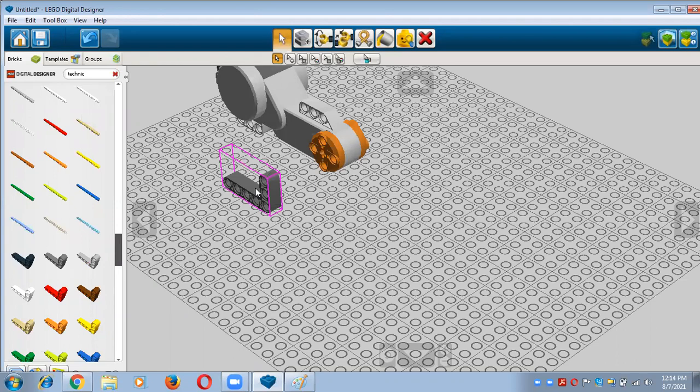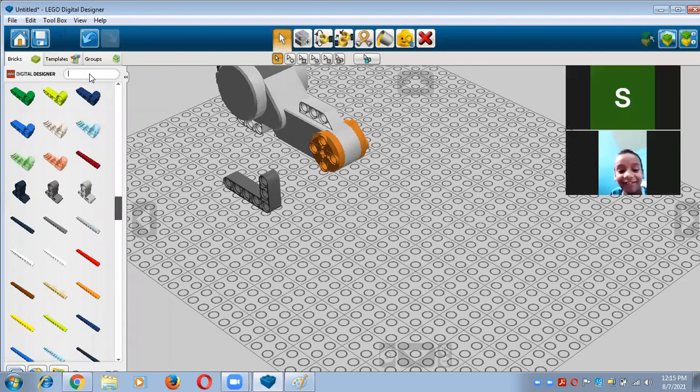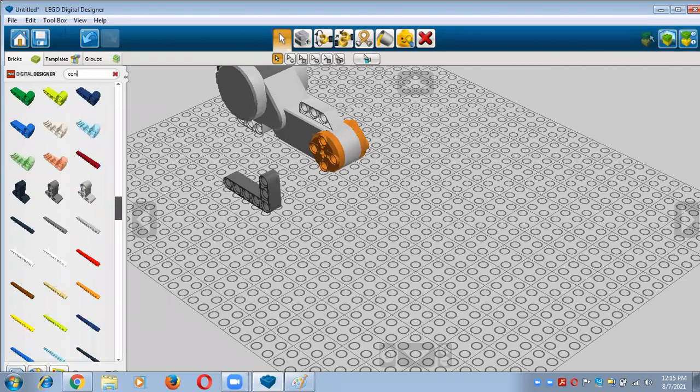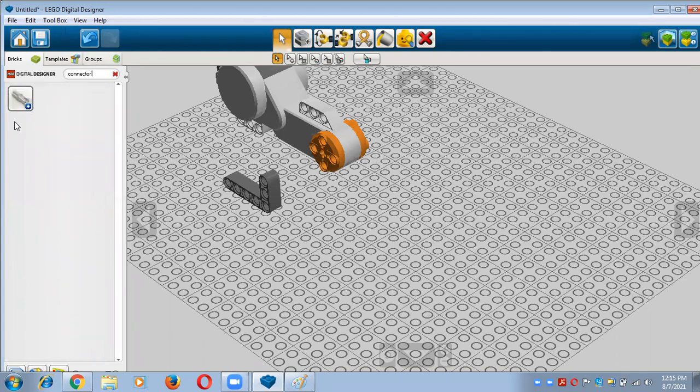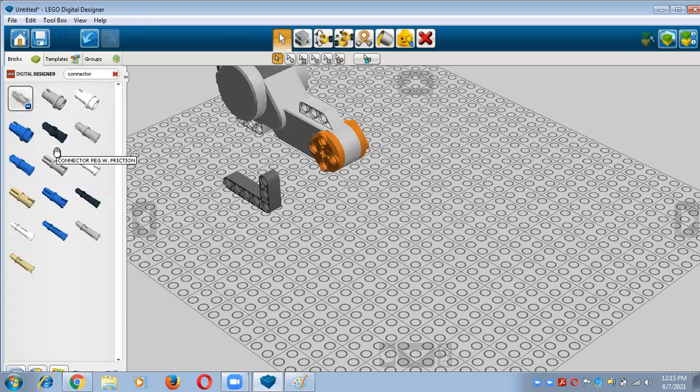Now move on to the next part, and in the next part you need a very simple part, that is the connector peg. So you have to cancel the last search with this cross symbol, and now you will type here connector peg. You will receive a single folder in which lots of connector pegs are available. So just click on this plus symbol, and now you will easily take this connector peg. Yes, now you will put it on the work plane area.